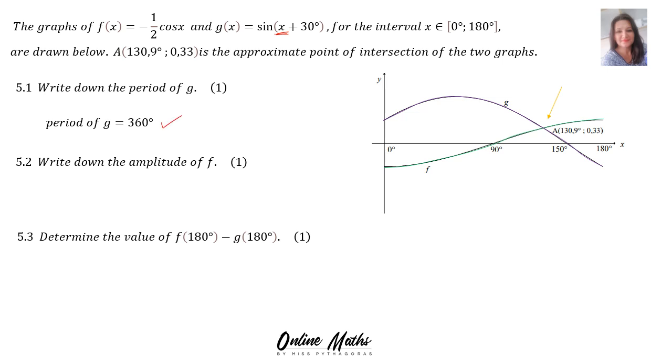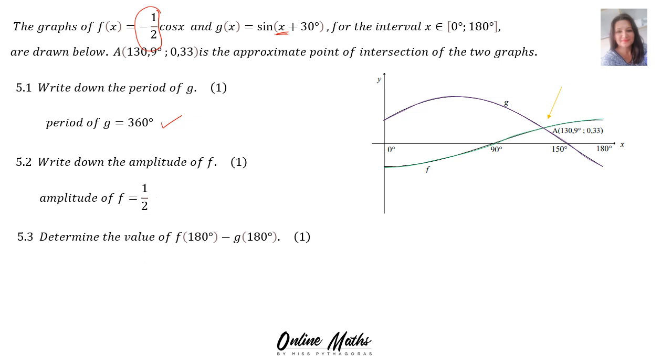5.2, write down the amplitude of f. You go to f, and you find the amplitude in front of the cos in the equation, and it's minus a half. But amplitude is distance and distance is positive, therefore the amplitude of f is positive